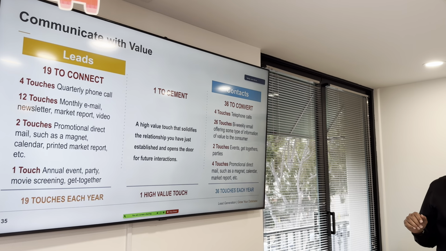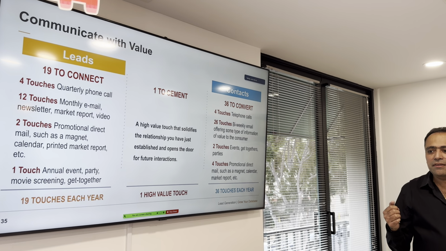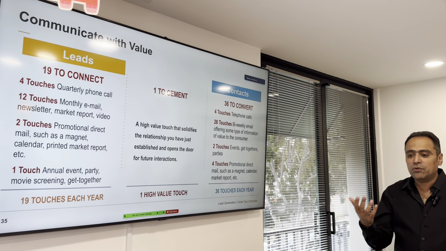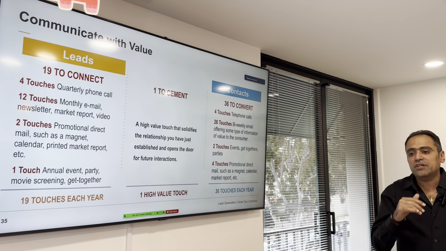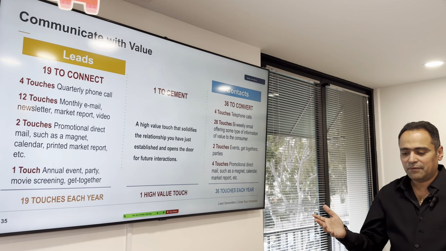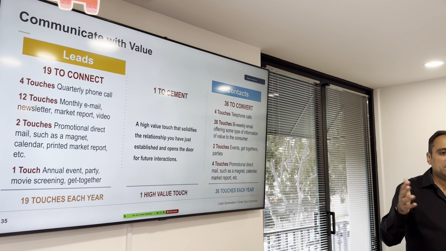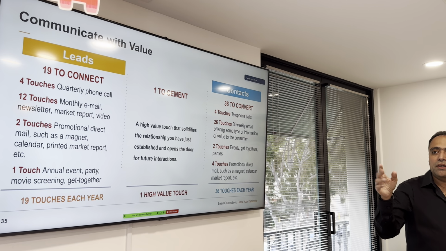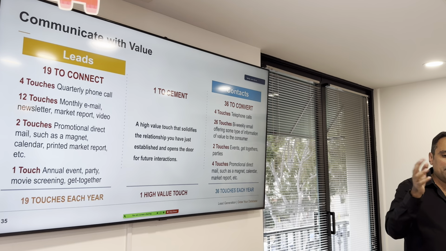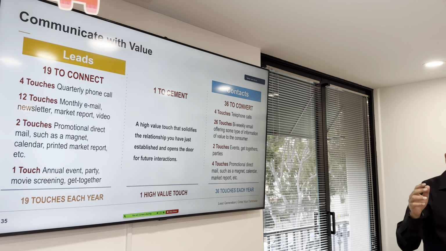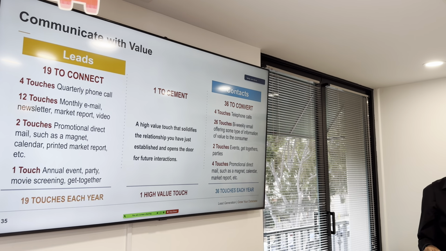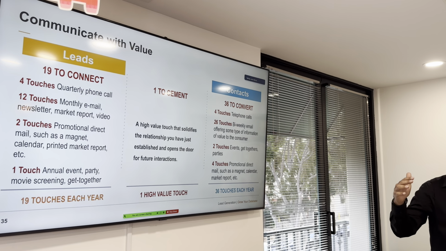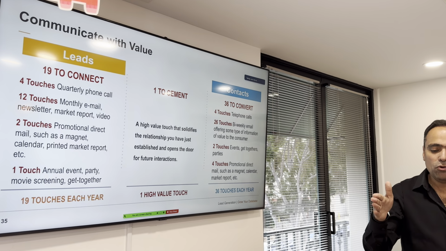So we need to communicate with value. What value means is something that offers value to the person who's going to receive it, and at the same time, it has to be relevant to one of his interests. So for example, if there is a golf event happening nearby, it will go to all the golfers. If there's a baseball or softball event happening, it goes to all those people who are interested in softball. If there is a new school event for middle school, you're going to send it to all the people who have children